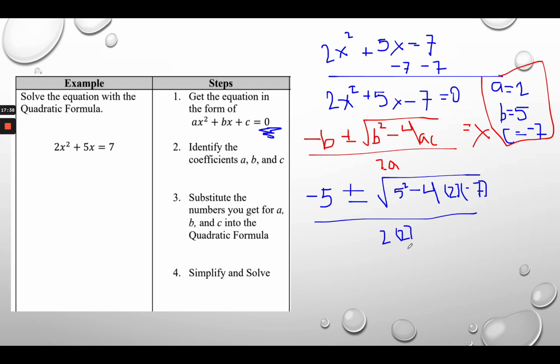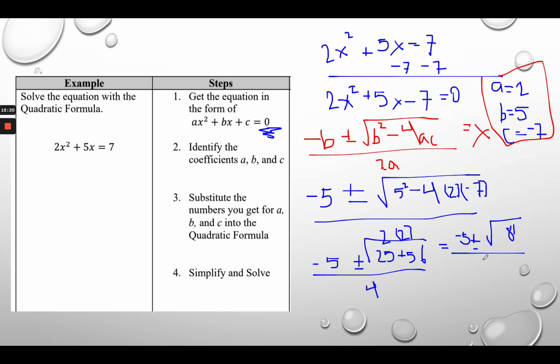Okay, now when you have this, you're just going to simplify. So we have negative 5 plus or minus the square root of 25. Then we have a negative 4 times 2, which is negative 8. Negative 8 times negative 7 is a positive 56. All over 2 times 2, which is 4. Okay, so let's simplify that a little further. We have negative 5 plus or minus the square root of 81